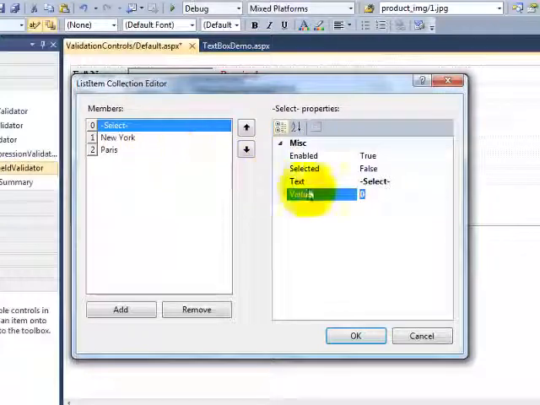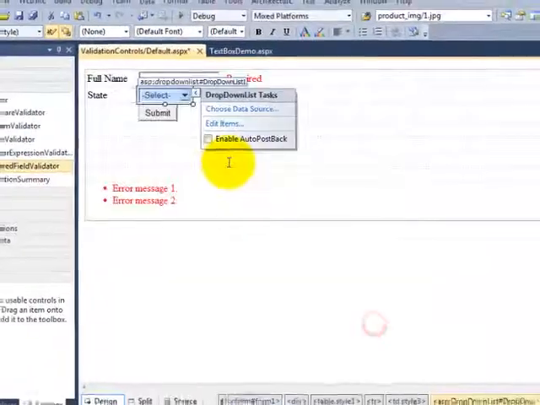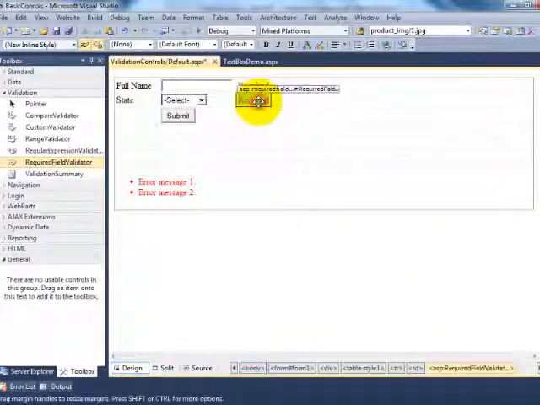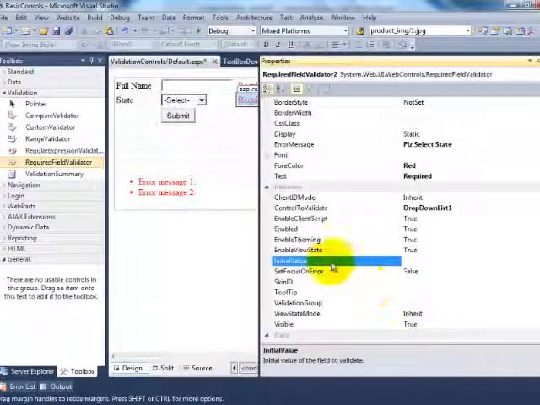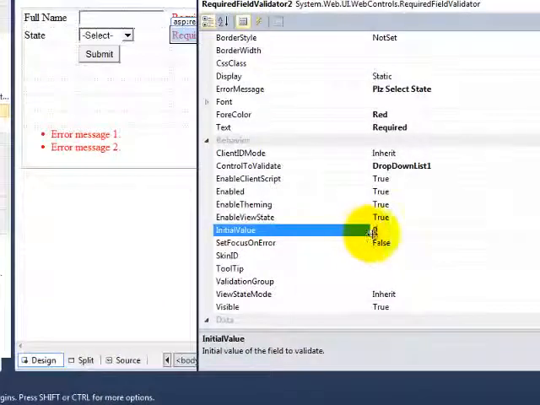So whatever value you have given for the first item, that value you need to provide in the required field validator's initial value property, 0. So it will check whether this value is selected or not. If 0 as a value is selected, which is the first item, it will throw an error.